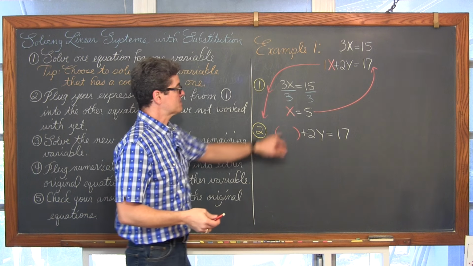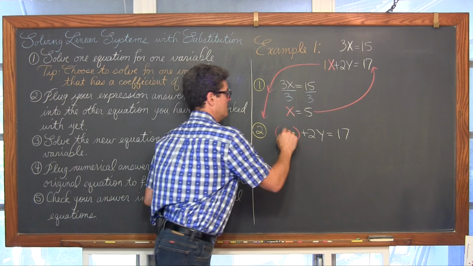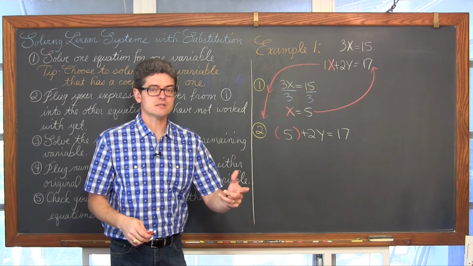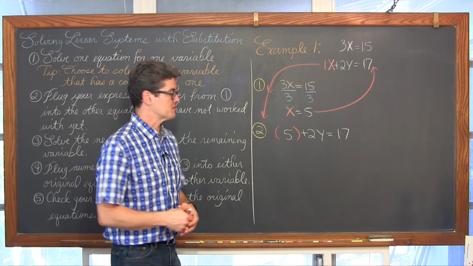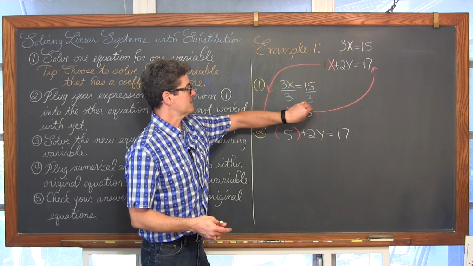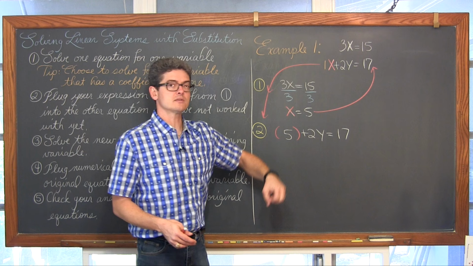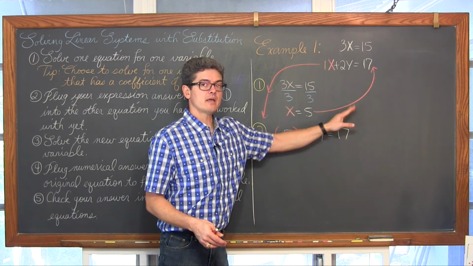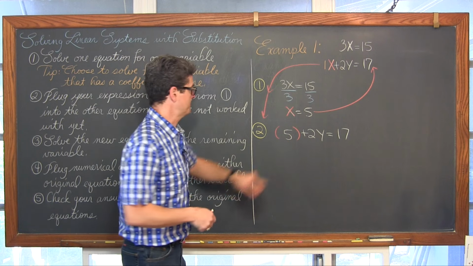Well, that something that we're plugging in for x is 5. So I didn't write 5x, I didn't write 5 plus x, and all the other kind of crazy things that I see my algebra students do when they first start learning this technique. x comes out, and in its place goes 5. Whatever is on the right side of this equal sign, no matter how complicated, is going to go in place of x, not in front of it.